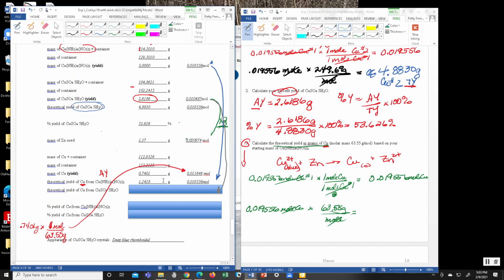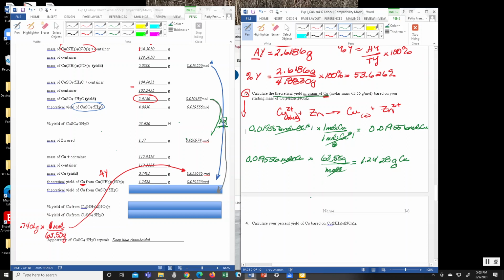So we should have gotten, based on the amount of copper tetramine that we got, 1.2428 grams of copper. So that's what's right here. That's what we should have gotten. Okay, so let's see, what's the next question in our